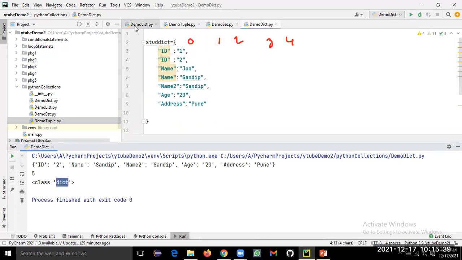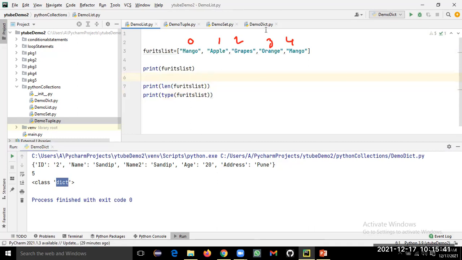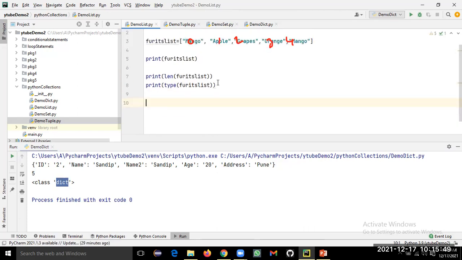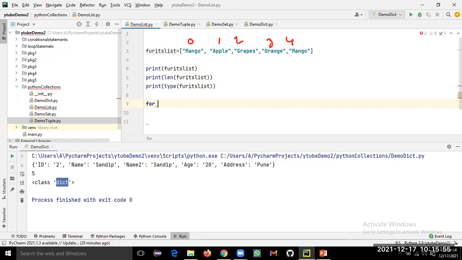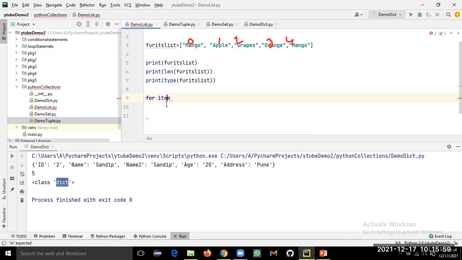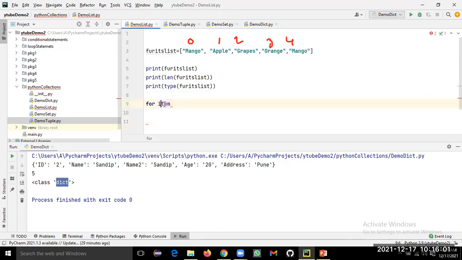So we have learned the length function, we have learned whether duplicates are allowed or not, and we have learned the type function. Now let us learn how to iterate through this list. I'll use a for loop: for item in the list. You can name it anything: I, A, B, C, or X, or fruit.